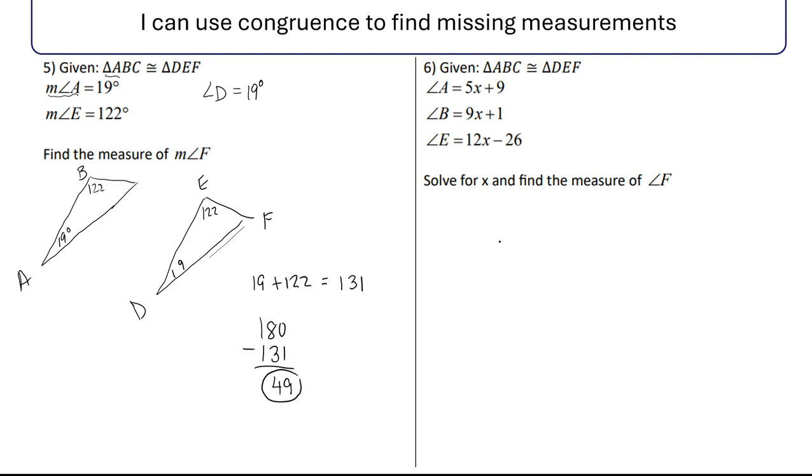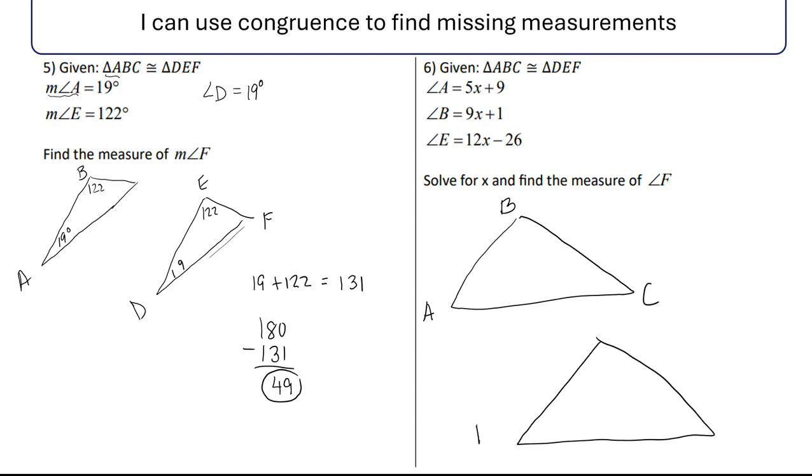Number 6 is similar to that, but with some X's on there. So I don't know how big they are, so I'm just going to draw A, B, C. And then I'm going to draw D, E, F that's like A, B, C. Actually, I probably should have given myself more room for algebra. Angle A is 5x plus 9 degrees, and angle B is 9x plus 1 degrees, and angle E is